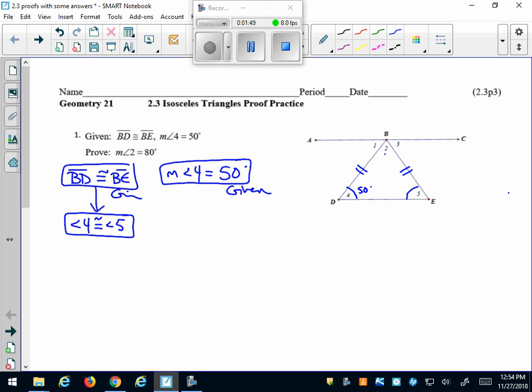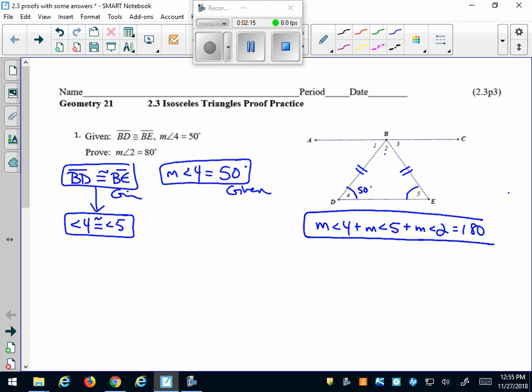How do you think we're going to involve angle 2? Because angle 2 is what we're trying to prove something about. How can we relate what we know to angle 2? Yeah, triangle sum theorem. What would the triangle sum theorem say? Very good. Okay, so triangle sum theorem